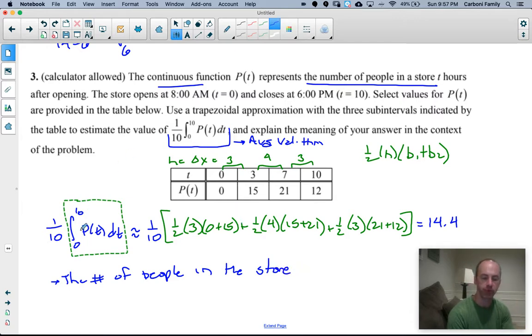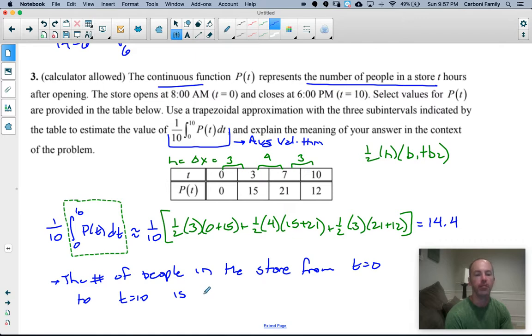We went from 0 to 10, so you could say from t equals 0 to t equals 10, or you could say from 8 a.m. to 6 p.m., some reference to the time that we looked at. Because we use 0 and 10 in the actual written math, I'm going to use those. I'm going to say from t equals 0 to t equals 10